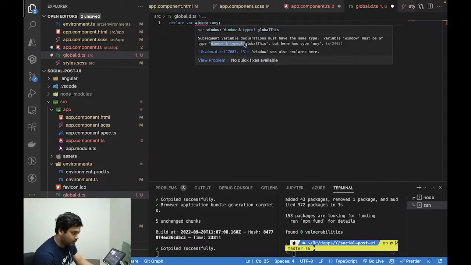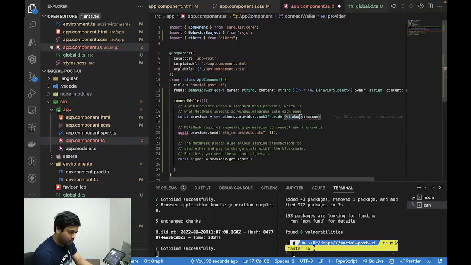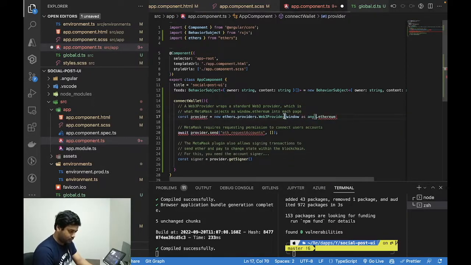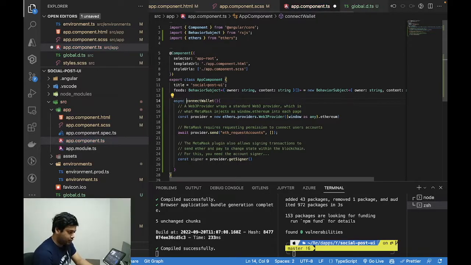I wanted this error because I want to get this type, and we'll just use this type. This way we will be able to refer to this global object. I also want this function to be async so that I can use await here, and we'll set up a provider